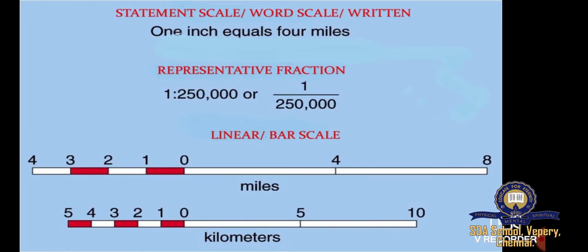This is a quick and easy method of using the scale to measure distances. However, it has 2 limitations. What are they? The statement method can only be used by those who are familiar with the unit of measurement given in the statement. On enlargement or reduction of the map, the statement of scale for the new map changes.